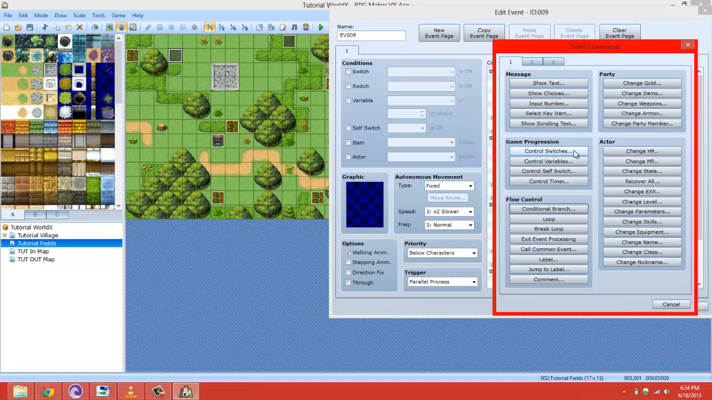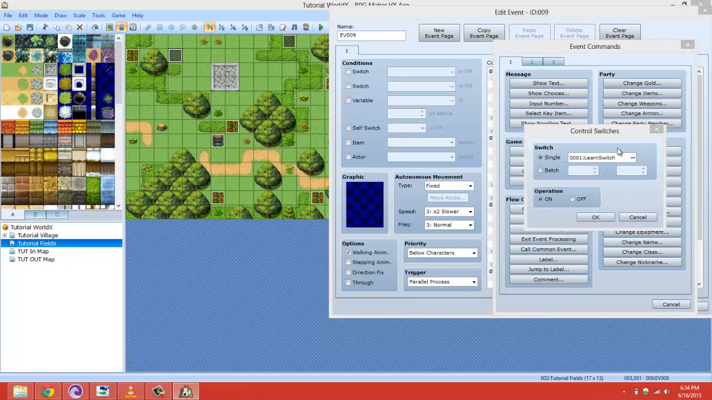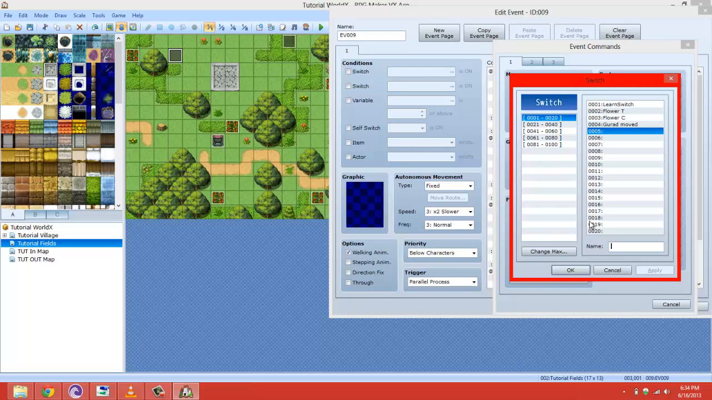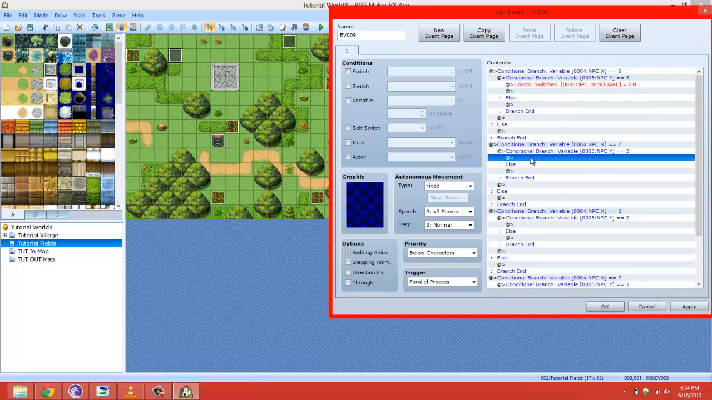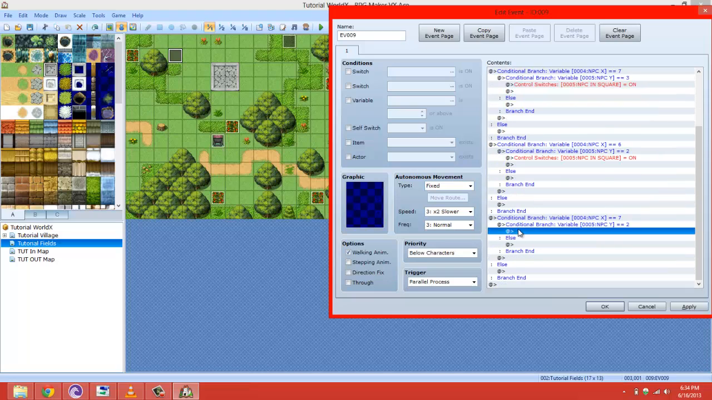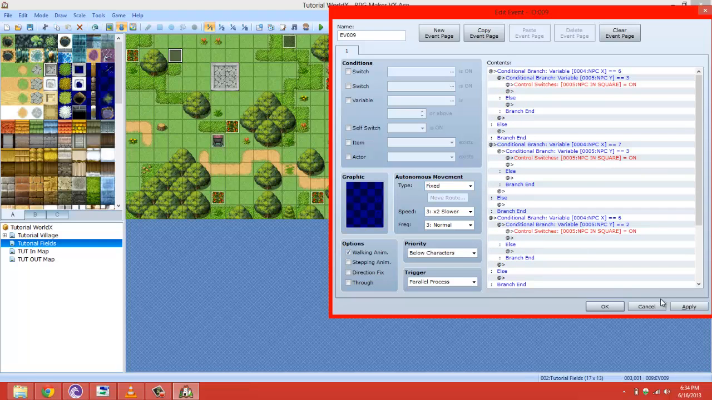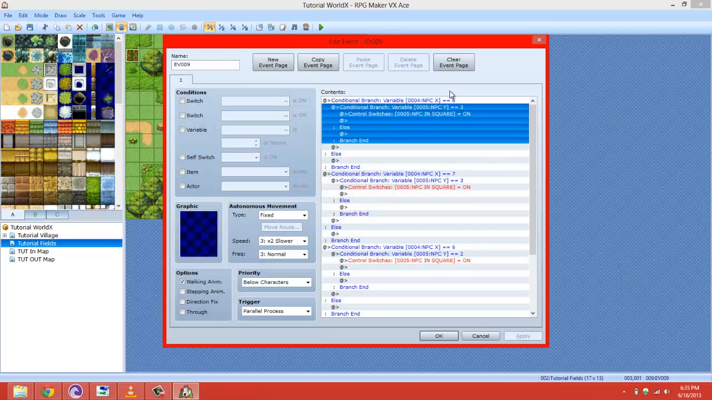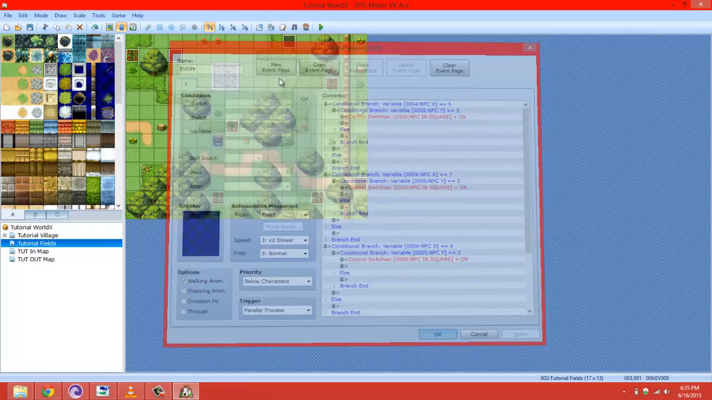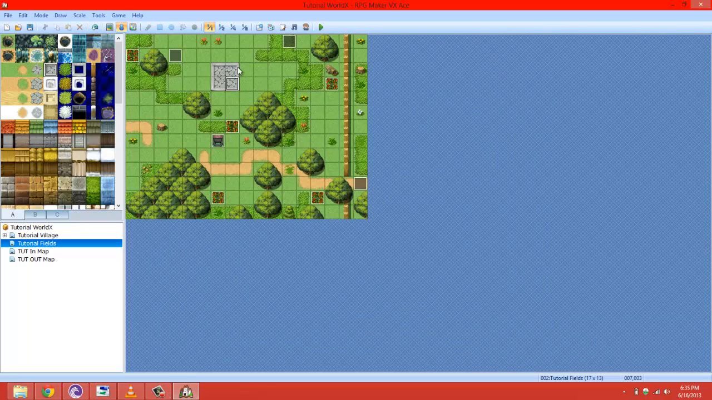So what I'm just gonna do is make a control switch, NPC and square. Turn that on, and for each of these we're gonna go ahead and just make it turn on like that. So we're gonna go ahead and press OK. Also you can make it turn off, like if it gets confusing, but if you wanted just, once you enter the square then something happens,